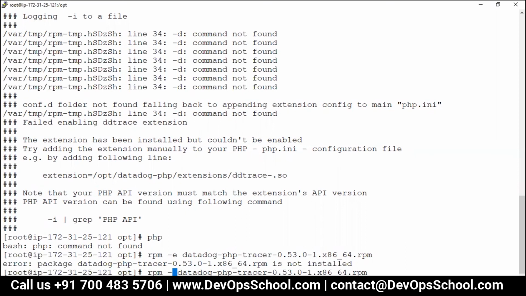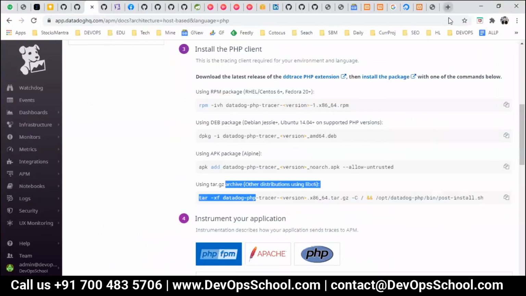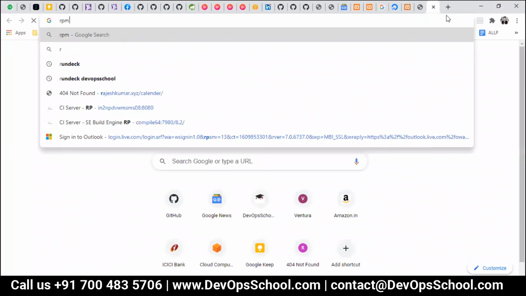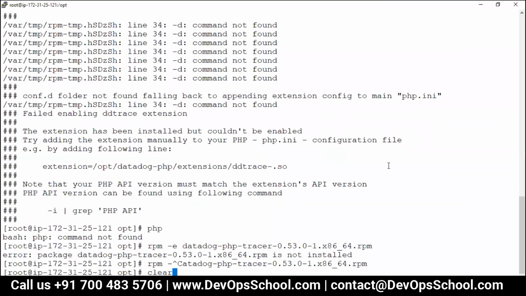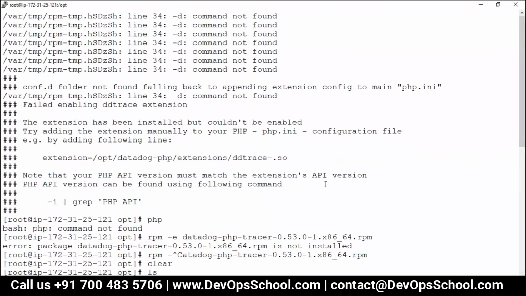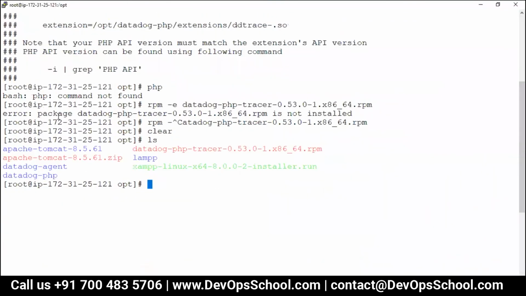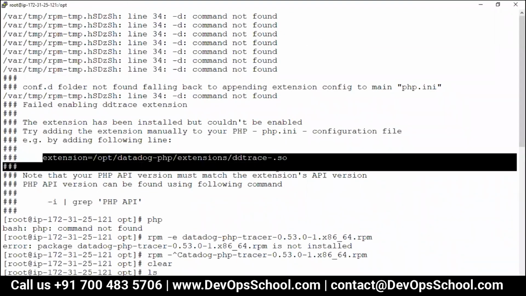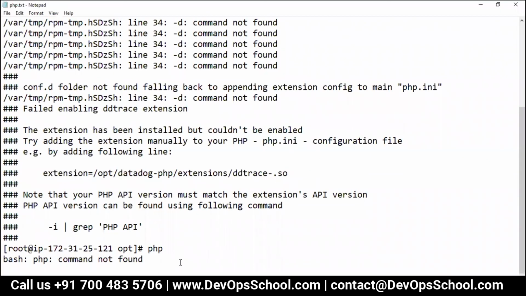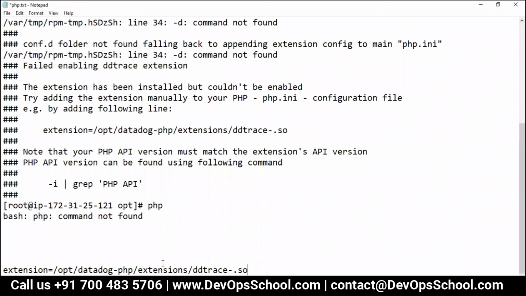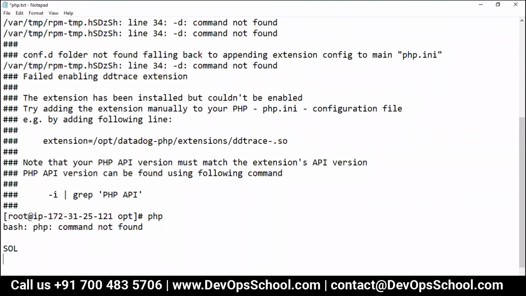RPM. Oh, let's do it manually. That's not complicated. Okay, so here I have to insert this line in the solution. This is the solution.